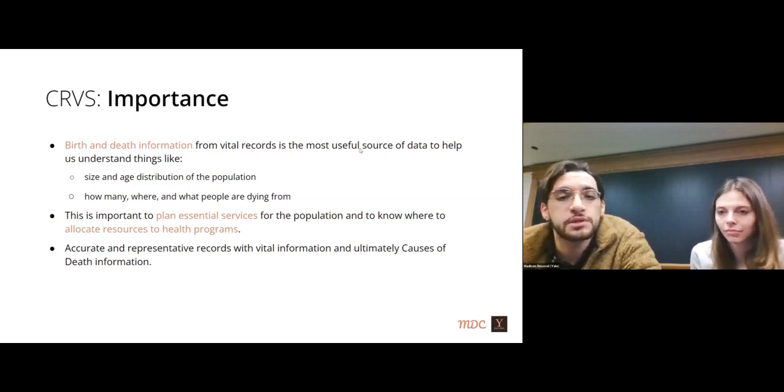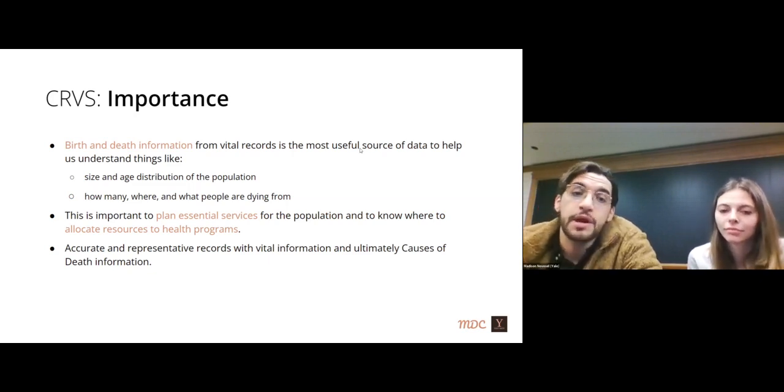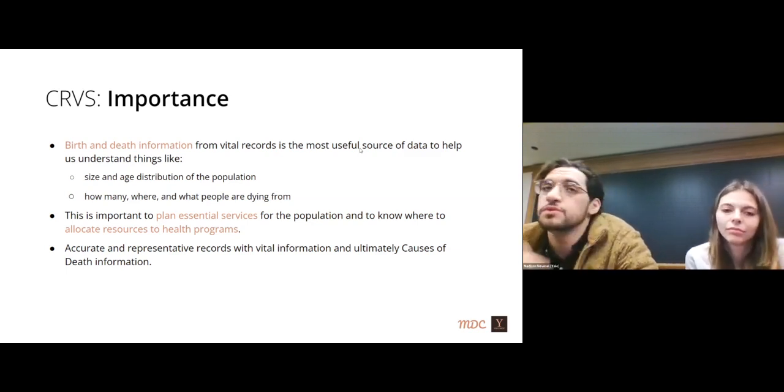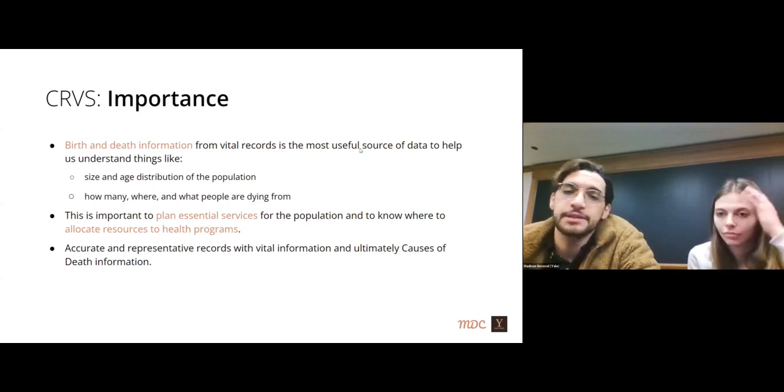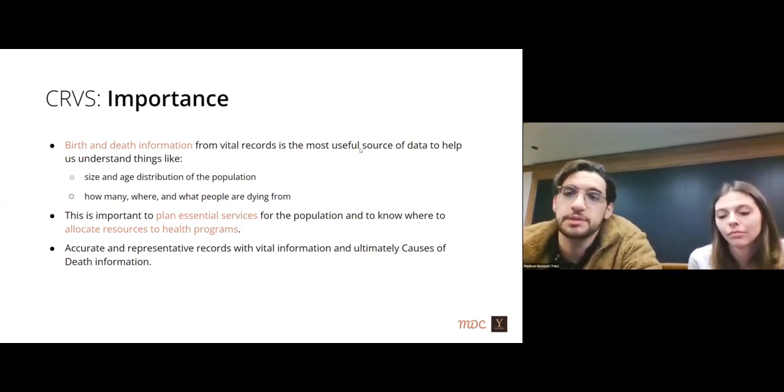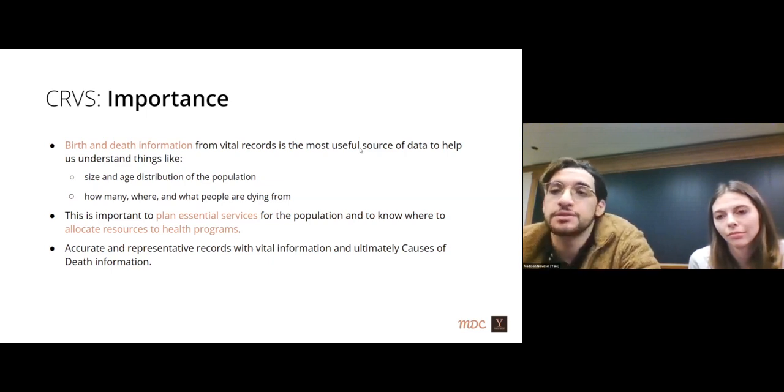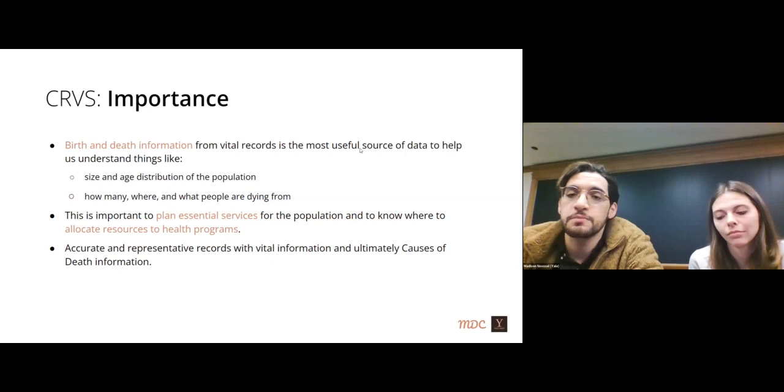It also gives us information on how many people are dying, where, and from what. Hopefully we use that information to plan essential services and public health initiatives through evidence-based implementation. And finally, having these accurate, representative records allows us to build this information. And we'll talk in a little bit